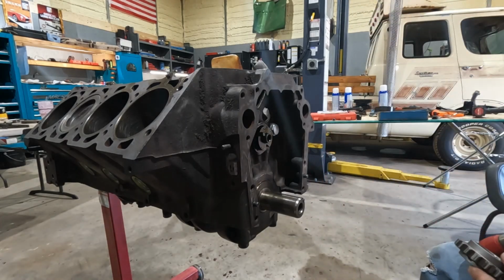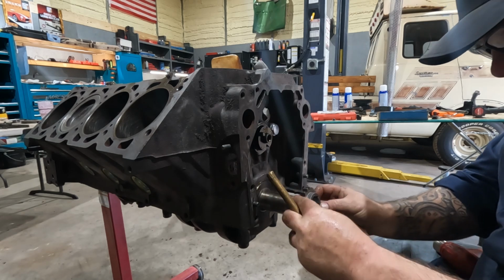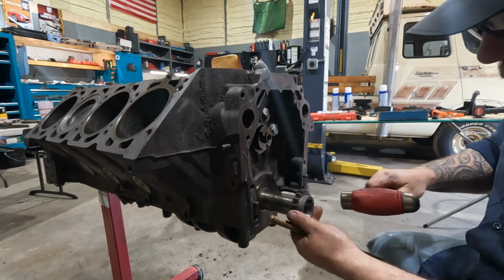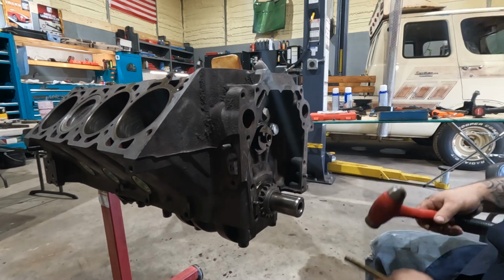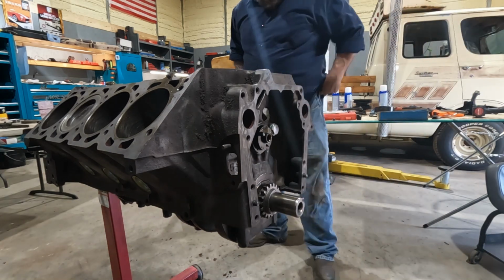Okay, rod caps all torqued down to 42 foot-pounds. Get our timing set on. The other timing chain was pretty rough. Had a lot of slop, so we went ahead and got a new one. Oh, okay. Well, that was easy. Way easier than